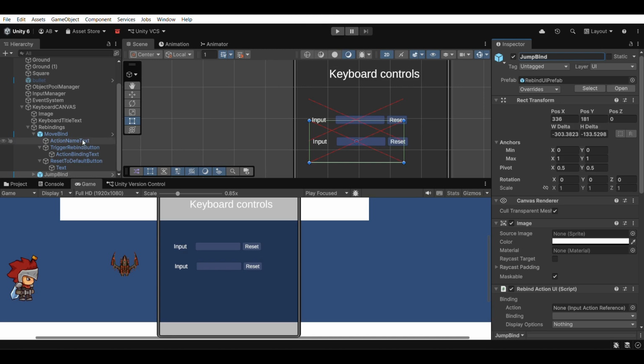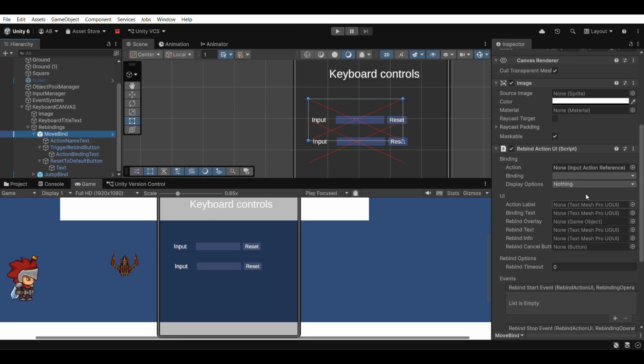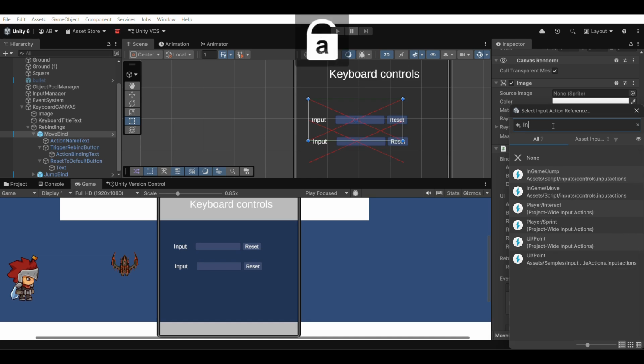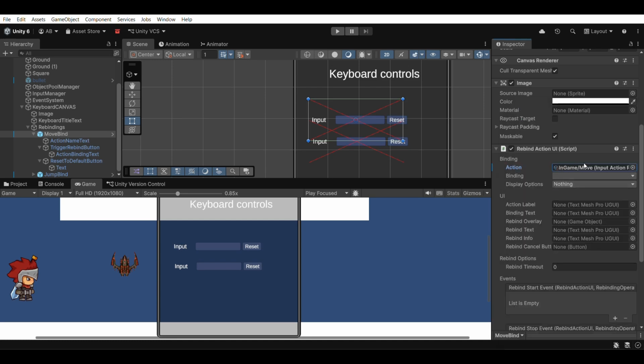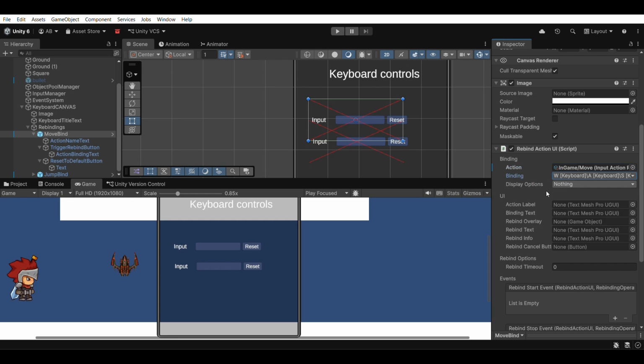Now for move, we have to select in-game move. Now we have to bind those keys, and also we have to